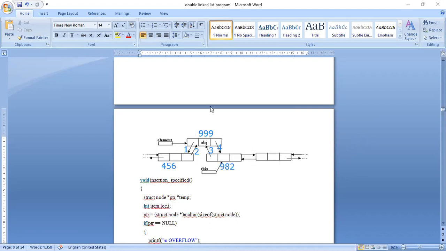These 4 links I have to change. Then automatically this OBJ node will be inserted in between the 456 node and the 982 node. That's the thing: the next part of 456, the previous part of 999, the next part of 999, and the previous part of 982. This is 982. The 982 previous, if I change that.